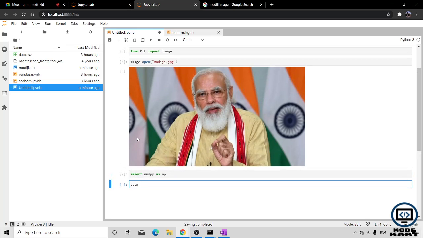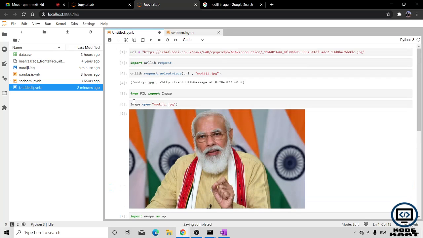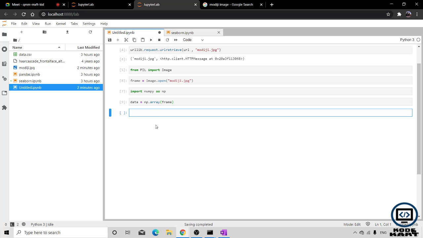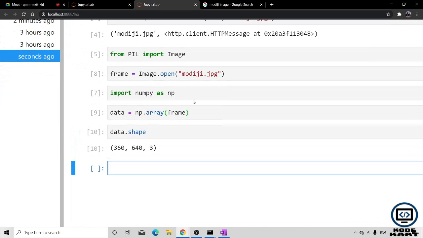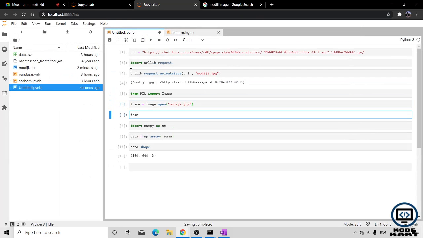So I will store that image as data using np.array, and I will pass that image. Let's store that image in a frame, and I will pass that frame here. After that we'll try data.shape. So now this is the thing. Let's open that image also in a frame.